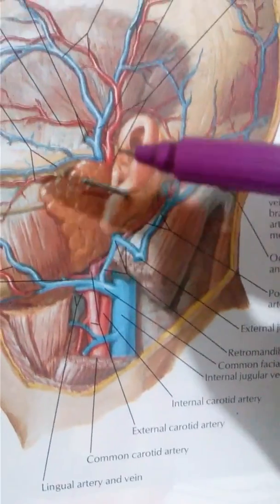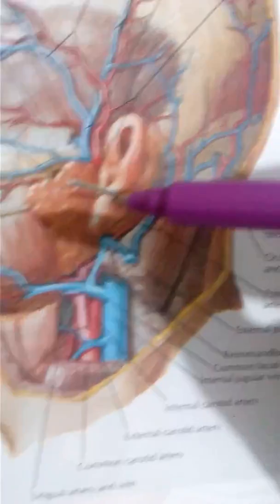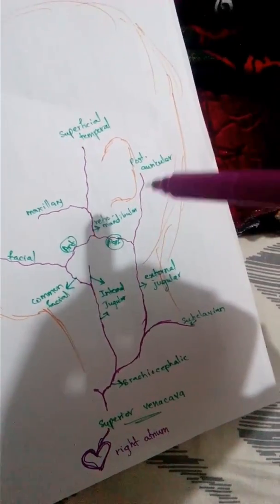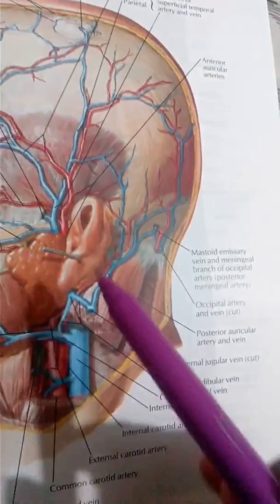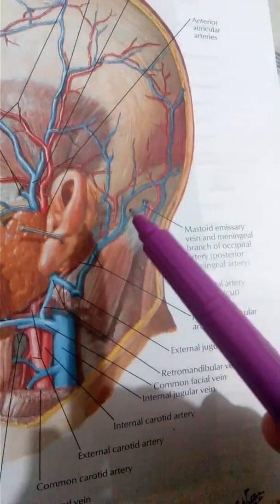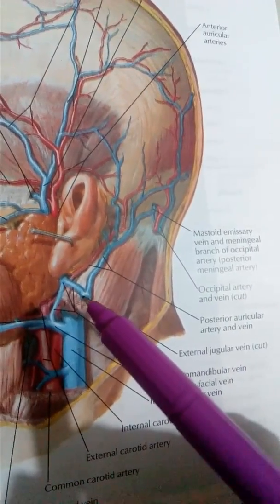And the posterior part of the retromandibular joins behind the auricle. This is the ear, as I had explained. The posterior auricular vein comes from the back of the ear, and it joins the retromandibular vein, which is cut over